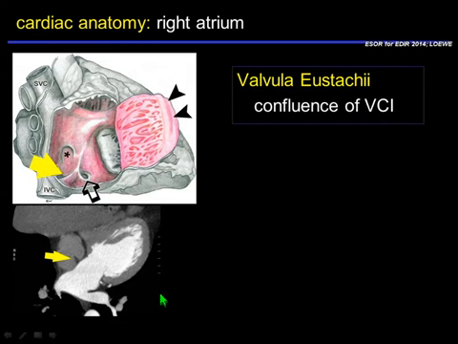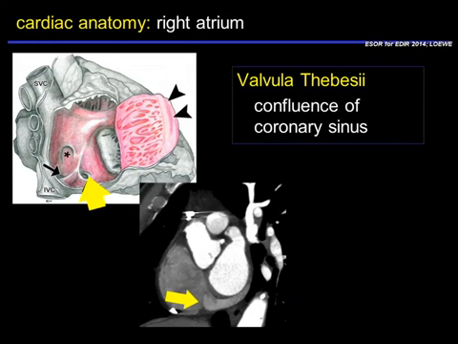Especially at cine imaging, this can look a little bit larger and could give the impression that some tumor or thrombus is there. And finally, we have the valvula Thebesii at the confluence of the coronary sinus, seen here, and the shape can be very different,